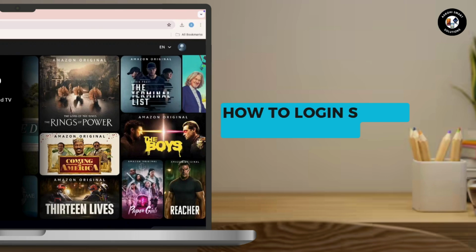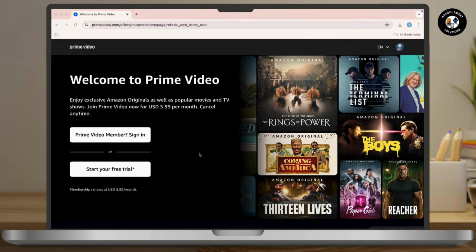How to log in or sign in to Amazon Prime on a laptop. So let's get started. Use any modern preferred web browser such as Chrome, Firefox, Edge or Safari. Then simply tap on the search address bar and visit the Amazon Prime Video login page